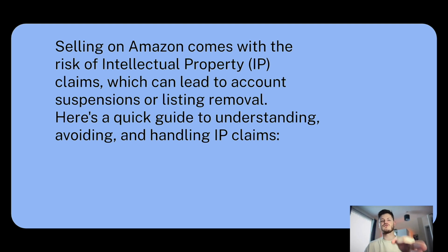So this is why it's really important to acknowledge this every single time you do your deal analysis. Okay, if you're going to ignore anything, definitely don't ignore the IP radar on BuyBotPro. That is the best one. BuyBotPro has literally got the largest IP database. So if you're using BuyBotPro, you're in the best place possible to understand if a brand has got an IP issue. And that is because BuyBotPro has the largest database of